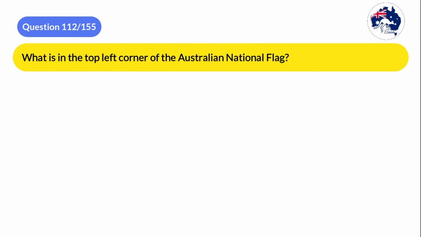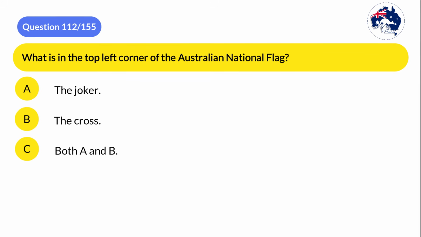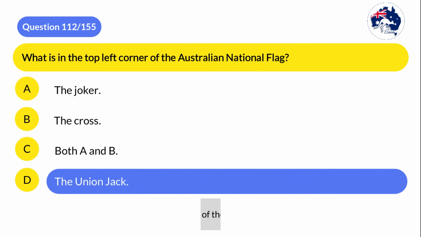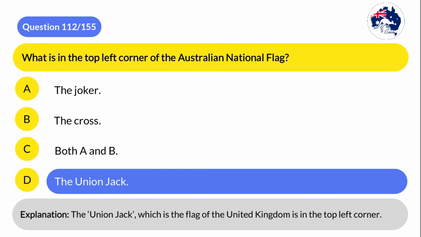Question 112. What is in the top left corner of the Australian national flag? A. The Joker. B. The cross. C. Both A and B. D. The Union Jack. The correct answer is D. The Union Jack. Explanation: the Union Jack, which is the flag of the United Kingdom, is in the top left